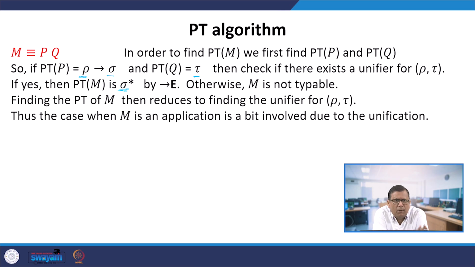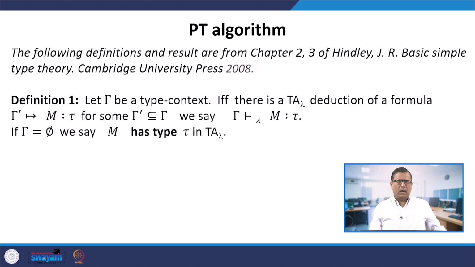This problem then reduces to the problem of finding the unifier of rho t, rho tau. However, we note that the application case is a bit involved due to the unification. Others are straightforward. So we will discuss this in more detail when we present the actual algorithm. Now we need certain definitions before we can proceed, and these definitions and results are from chapters 2 and 3